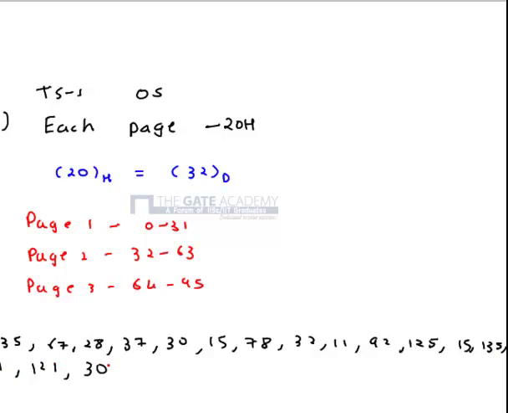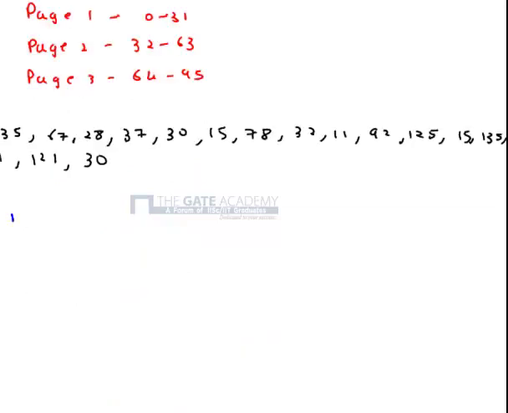So let's convert it in terms of the page numbers. So reference string will look like P1, P2, P3, P1, P2, P1, P1, P3, P2, P1, P3, P4, P1, P5,